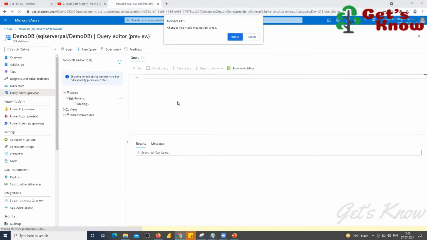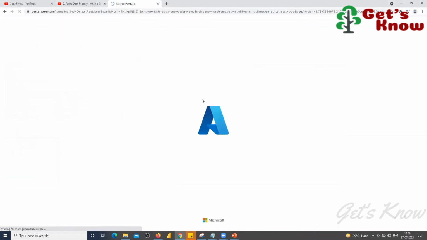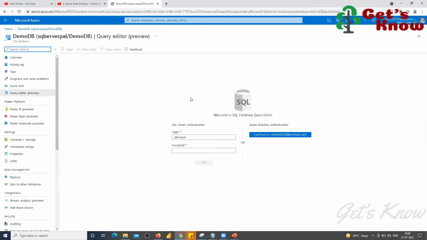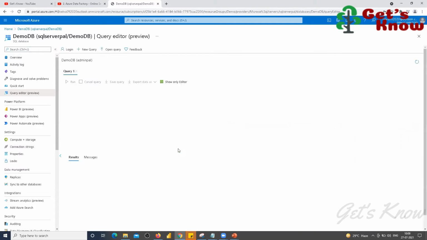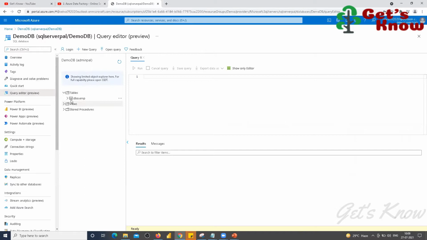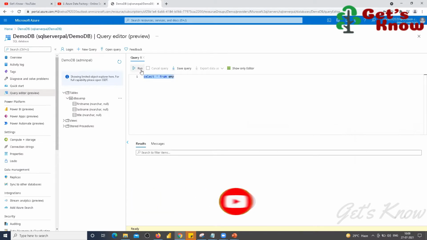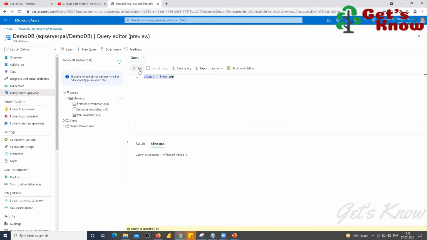Now, all the fields are already available, and the existing table is available. I'm checking whether any data is available or not. Select star from EMP, then in the run, you have to click.